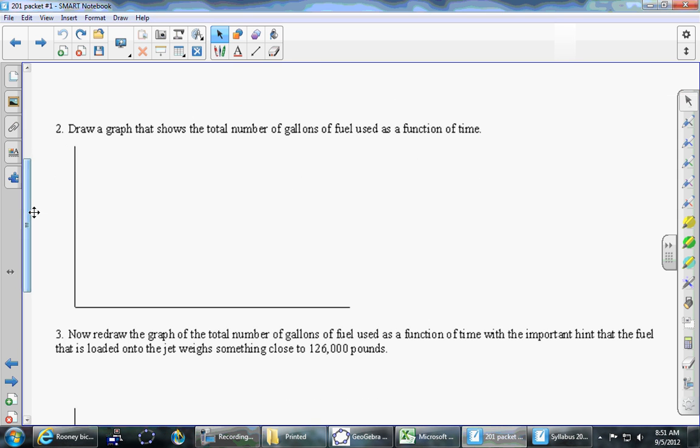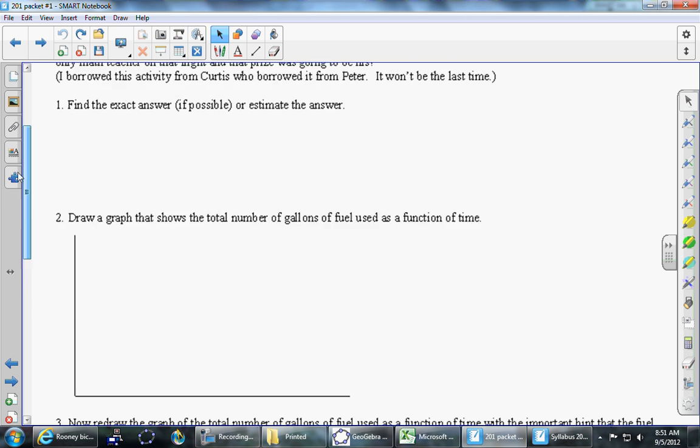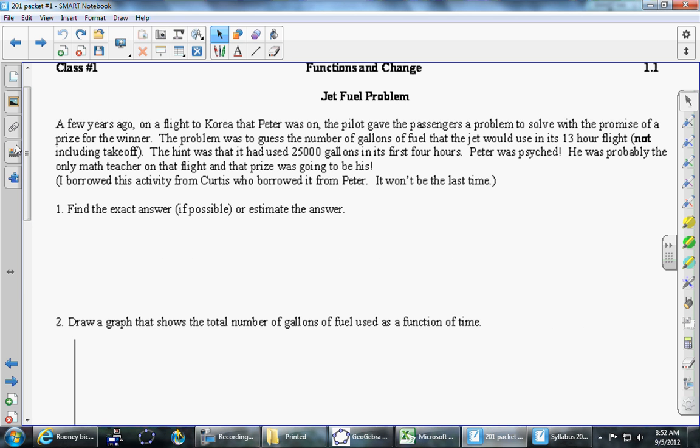For the most part, what kind of a graph did you guys draw for number 2? A line, a linear graph, assuming that every hour you use exactly the same amount of fuel. That's a reasonable assumption in the beginning of the problem. And in fact, Peter, the math teacher who was actually on the plane and had this problem to solve, solved it exactly the way you guys did number 1, and didn't win the prize